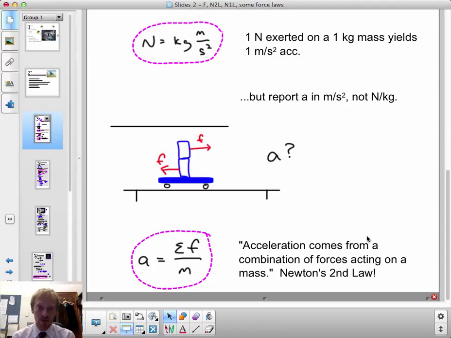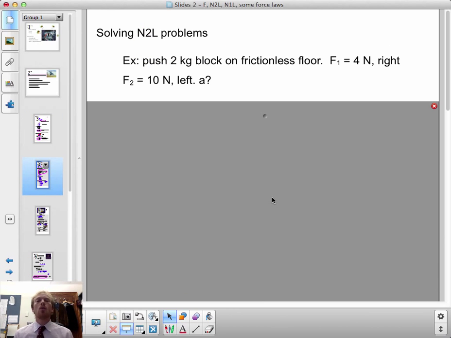This is Newton's second law and is one of the key physics laws that we will cover this year. The acceleration comes from a combination of forces acting on a mass. So we're going to ask a number of Newton's second law problems, and I would like to show you how I recommend writing them. I promise that very shortly we will have problems that challenge you with Newton's second law,